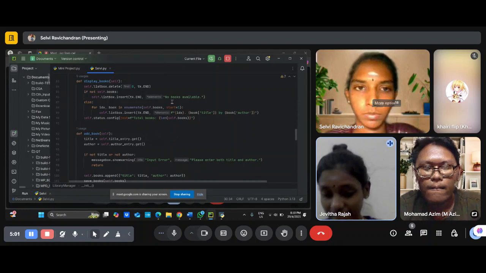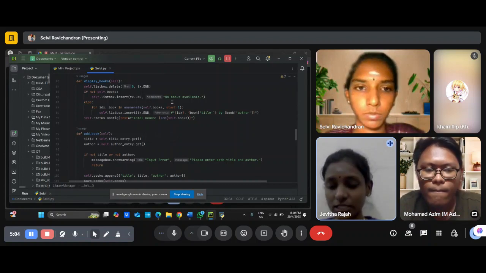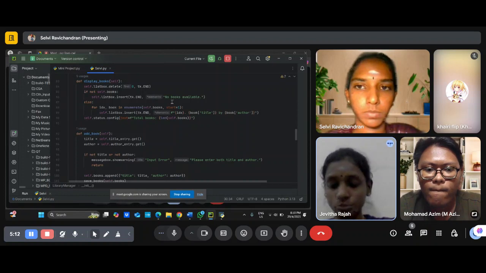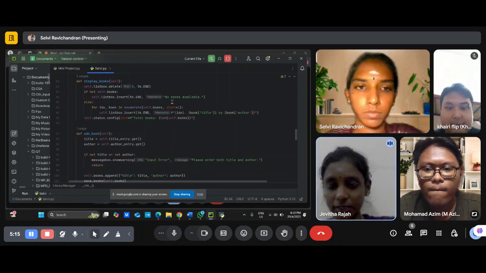Else, for idx, book in enumerate self.books, start at 1, self.listbox.insert tk.END, idx and book title by book author. And then self.status.config is text about total books in self.books.